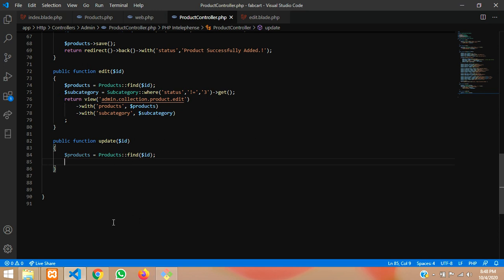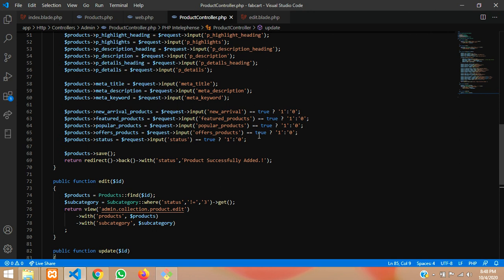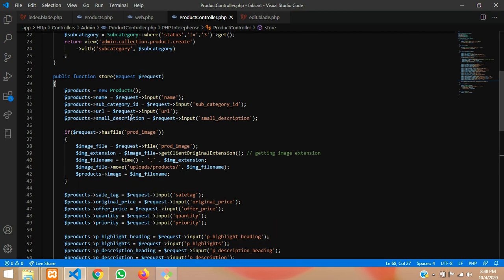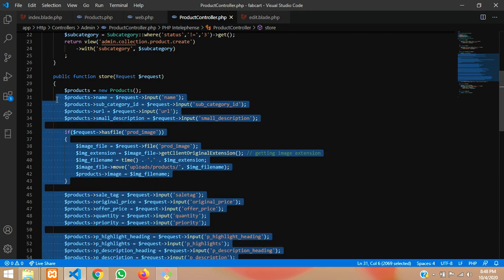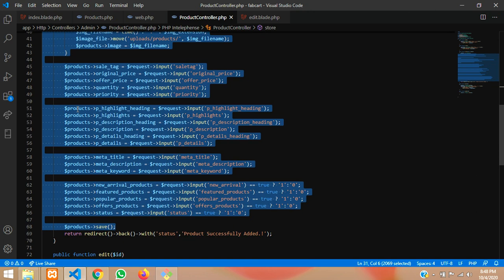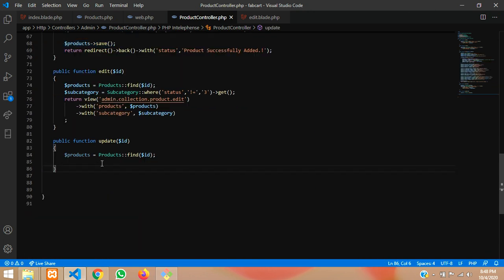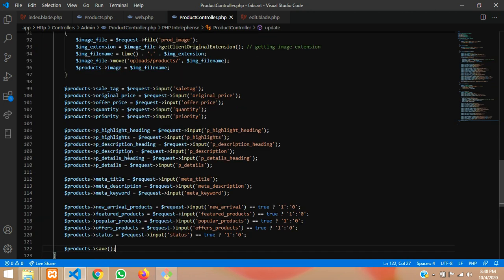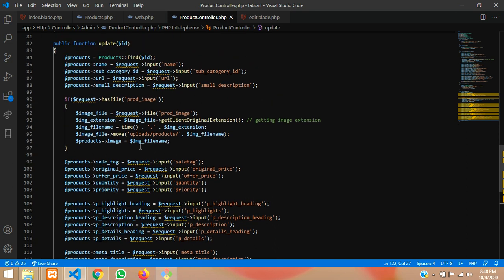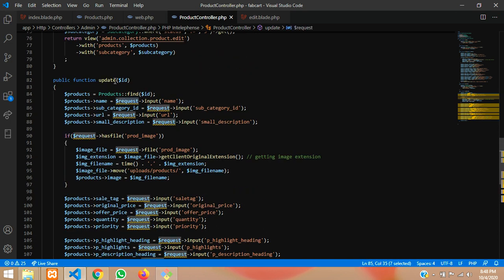Okay, so guys, we have inserted these things, right? So we will just take this thing and the same thing we will update it. So let's copy this, Control C, and paste it inside our update function. So I have clicked over here, and the request which is sending me is nothing but input fields data.